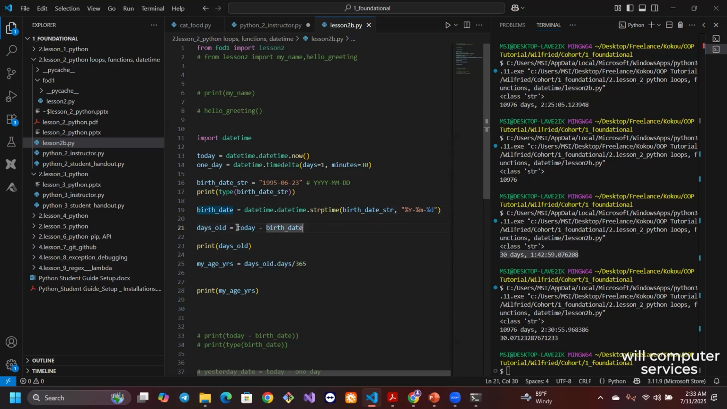But when you subtract two datetime objects, it's going to give you the difference in days. Of course, my age is supposed to be in years. After we've gotten it in days, it will return something like this: the number of days, then the hours, the minutes, the seconds, and even the microseconds. To get the days part of it, you use the